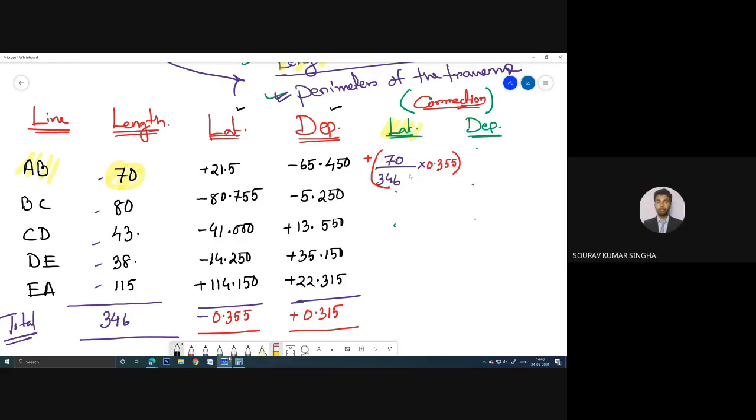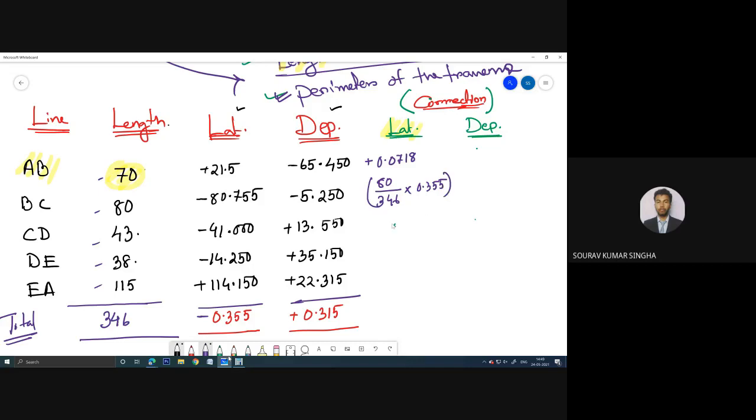So whatever the value you get, tell me after this total calculation. 0.0718. Exactly. So you can write over here 0.0718 or 0.072, near value. Okay, now this is positive. Now similarly for this one, this one, this one, you determine all the values and tell me one by one. Very easy. So second one will be how much? 80 by 346 into the same 0.355.